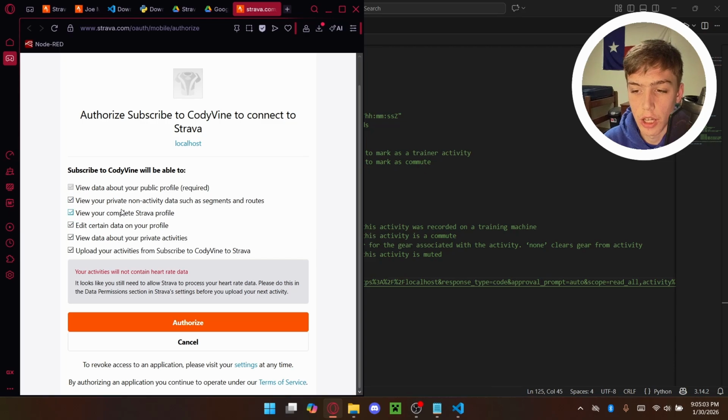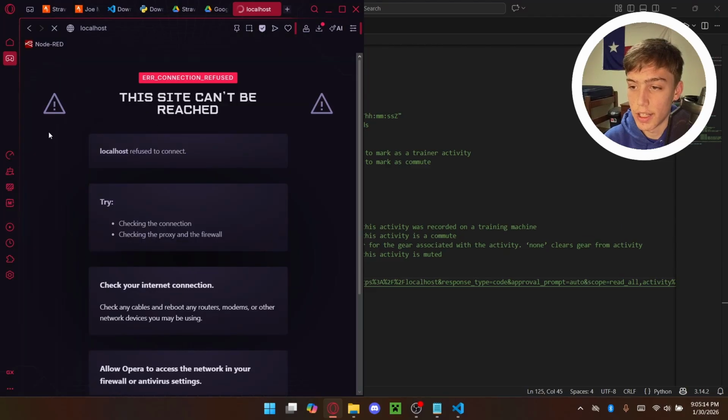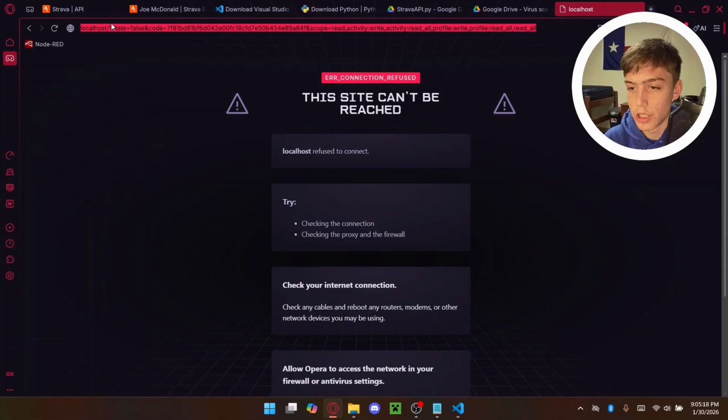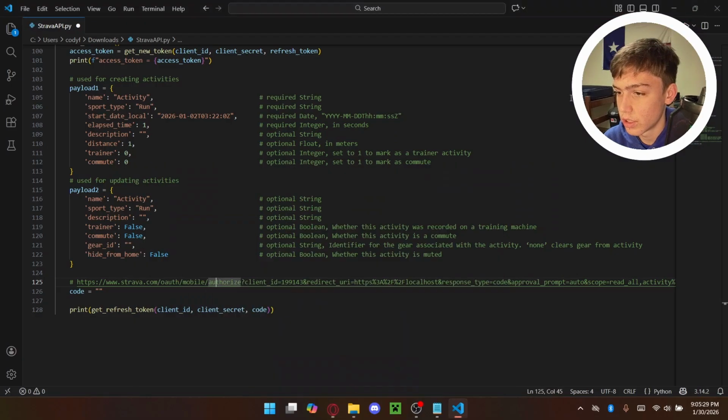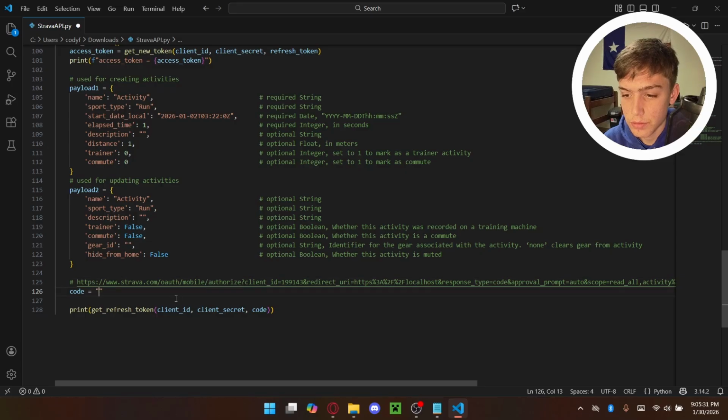Here's all the checklists. This is to include all of it. And then once you do that, you click authorize, and then it's gonna look like it give you an error, but actually, you click the link up here. There's gonna be lots of information, and you click see this code equals. You're gonna select this right here, copy that, and then back on here, code right here, paste it, and then